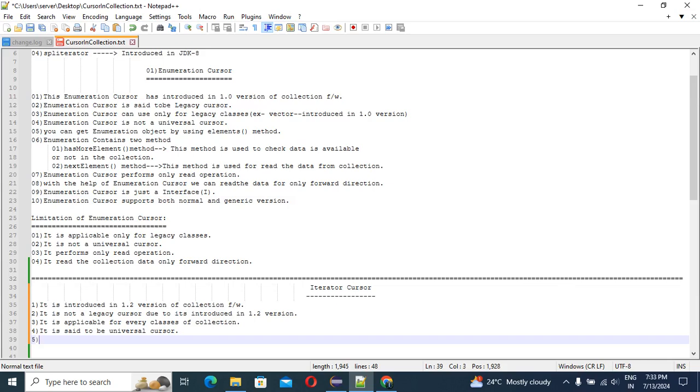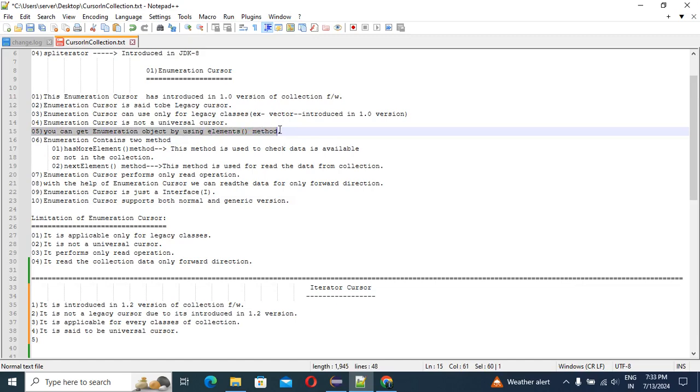Now point number five. What is the next point, guys? For enumeration, I'm just giving the differences. Once you use enumeration, to get the enumeration object you use the elements method. You can see here, point number 5: if you want to get the enumeration object, you use the elements method. Same here, if you want to get the iterator object,